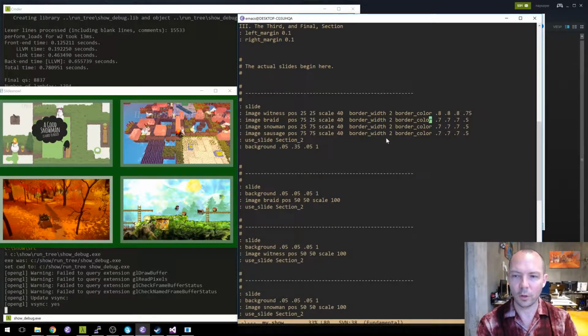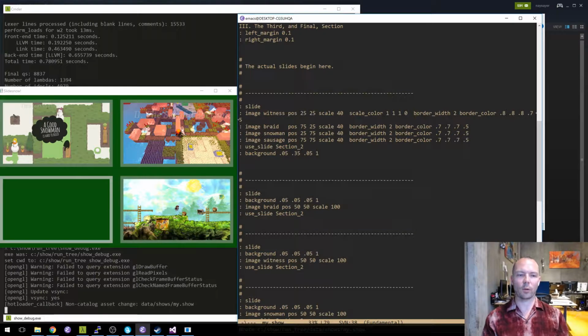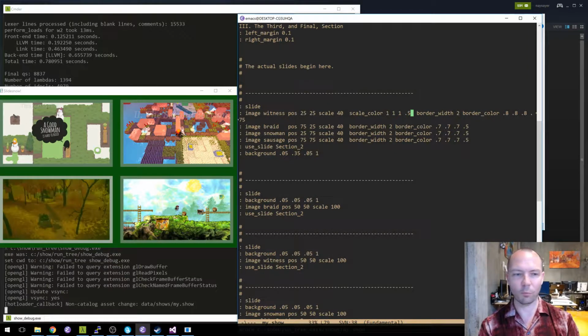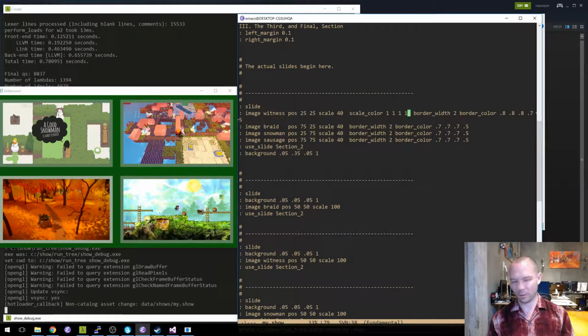So for example, if I say scale color on the witness, 1110, which should make it disappear, right? We just have a border around it, so it's not filling. So you only have one color to contend with, which is the background color. So 0.5, 0.3. I mean, that looks like what it looks like, right? If you want that, it's fine. If you don't want that, that's fine too. We're saturating the alpha at 1 right now because of the shader, but you could in theory go higher than 1 as well.